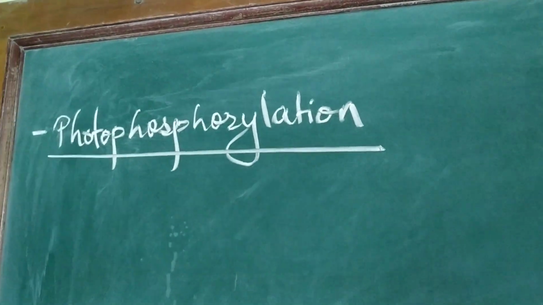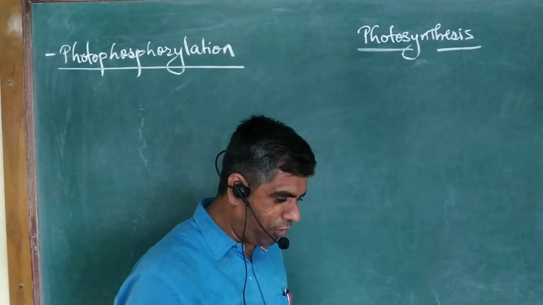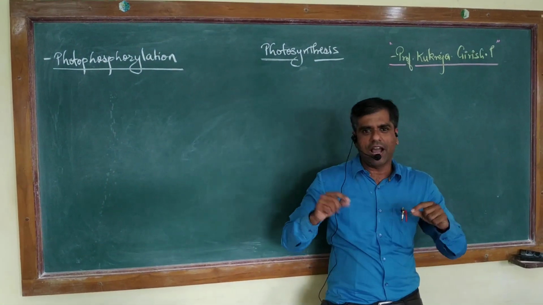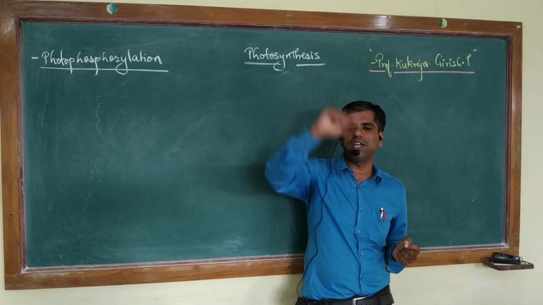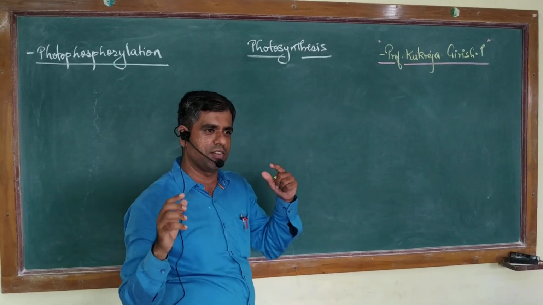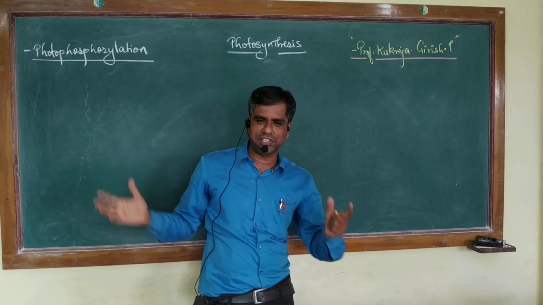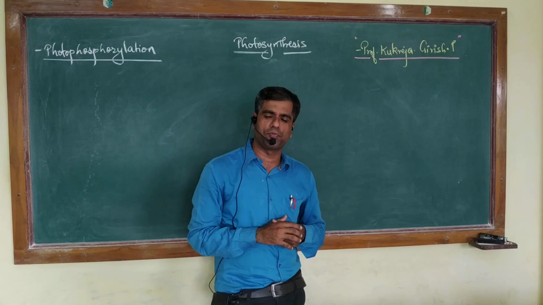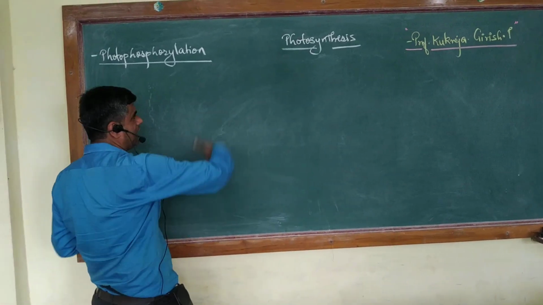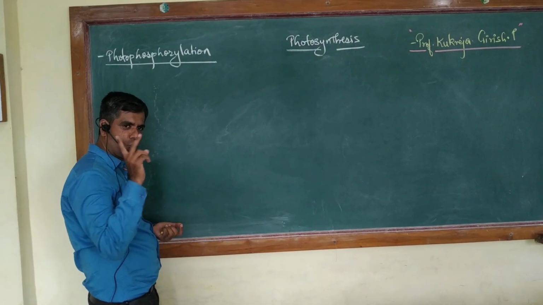Specifically, we will be talking about the non-cyclic photophosphorylation. In this video, I will not be talking about the theoretical concepts of non-cyclic photophosphorylation. I will only have an overview of the flow of the electrons in this particular non-cyclic photophosphorylation, which takes place in different algae, which takes place in different plants. We will have a detailed discussion about this non-cyclic photophosphorylation in some other video, but today we will be only focusing on how the electrons flow in this non-cyclic photophosphorylation with the help of two photosystems.